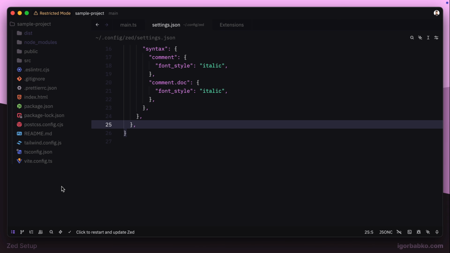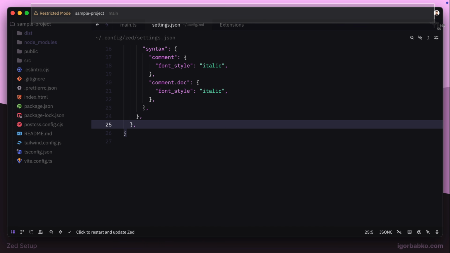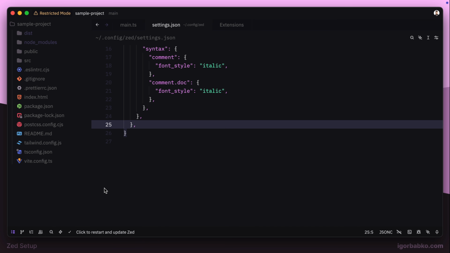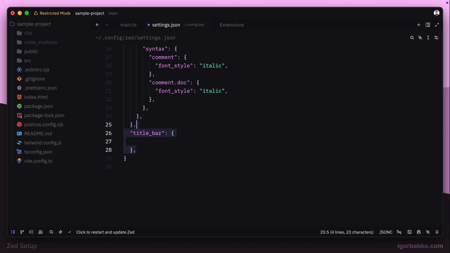Let's start hiding elements and cleaning up the UI. I will start from the very top. Here we have this title bar, and by adding the following setting we can make sure that there will be no additional onboarding buttons or hint shown in this title bar. Once you are comfortable with that editor, you might not need those additional buttons, so there is an option to